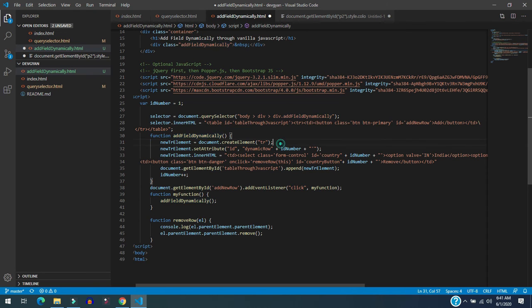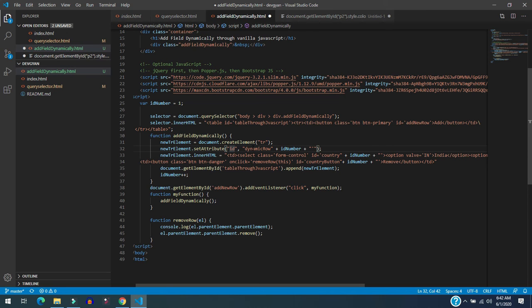So for creating a new row, we have generated a tr, meaning row, HTML tr. So document.createElement, it means a tr element gets created, and after creating we are also providing some attributes. As you can see, we are using setAttribute and providing id and making it dynamic.